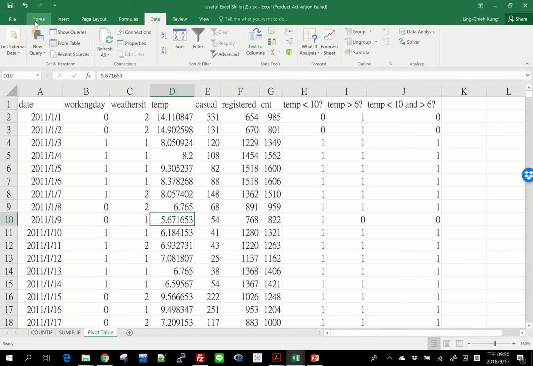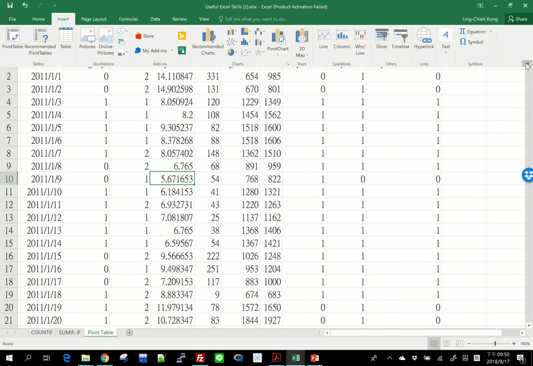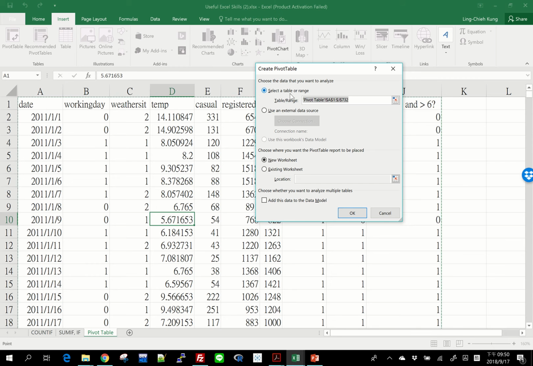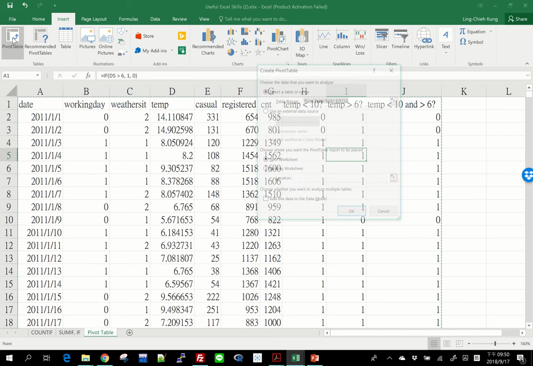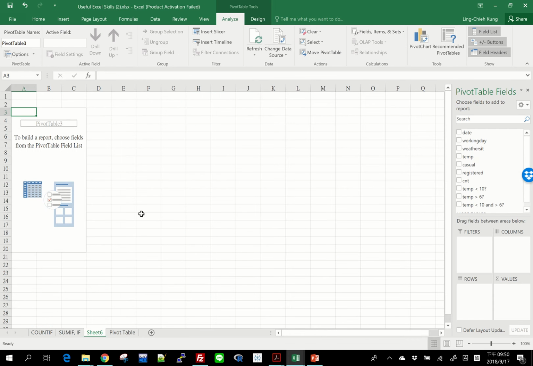So suppose I want to insert a pivot table. What I should do is to go to the Insert tab and then click on Pivot Table. So I need to select a range to create my pivot table from. So I need to select raw data. So the raw data is here. As long as I click on my data table somewhere inside the table, then when I try to create a pivot table, it will select that complete table for me directly. So typically all I need to do is to select OK, and then I see a